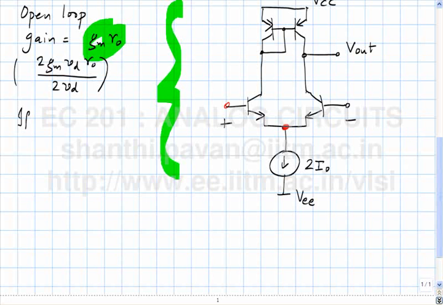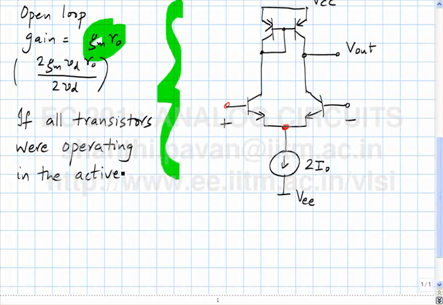So if all transistors were operating in the active region, then you can model